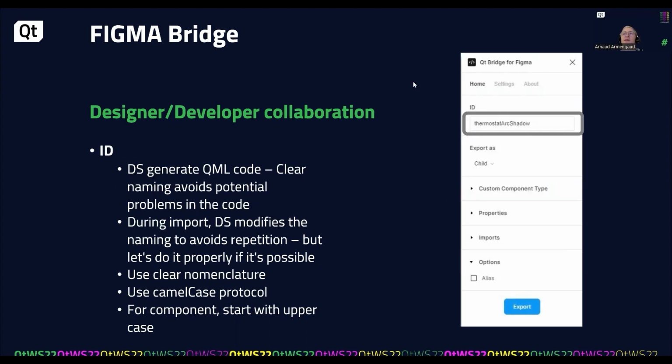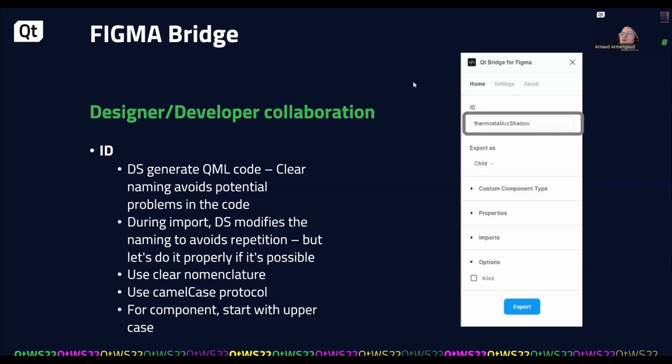Another tip for the Figma bridge, the ID. So the second main action is to name your layers, all your groups and components. In this case, the structure of your naming is important. Remember that on Design Studio, you will generate some QML code. If we talk about the compliancy between designer and developer, it's very important to have a look at how you name